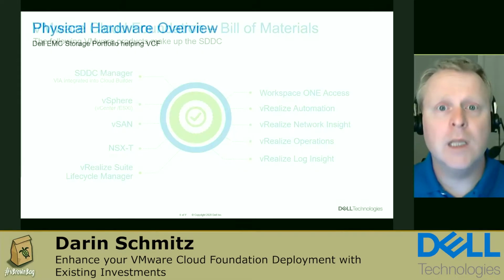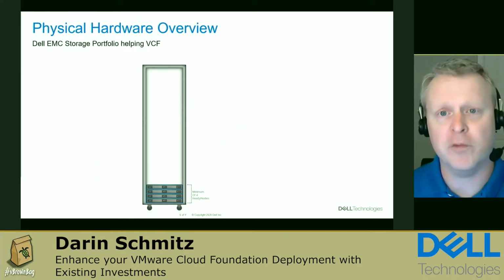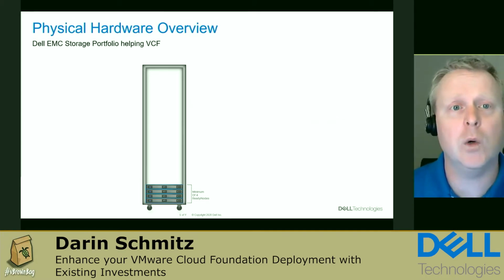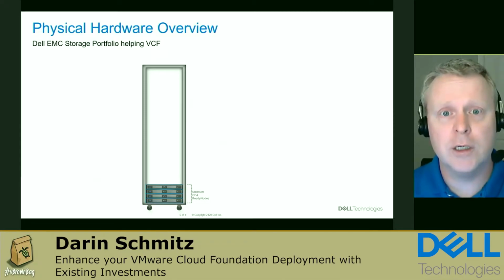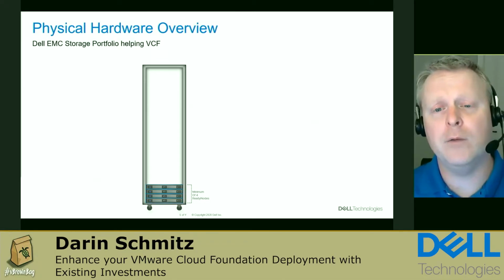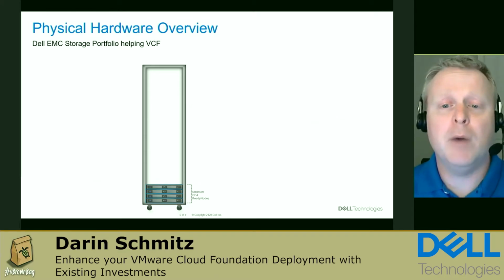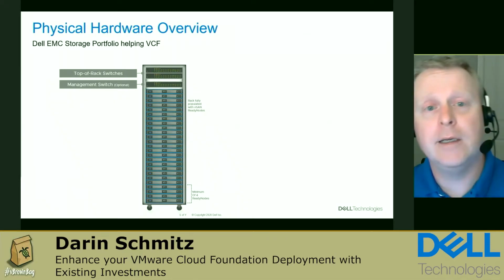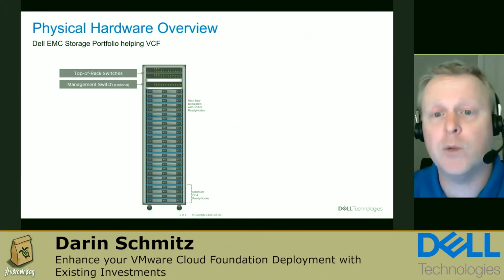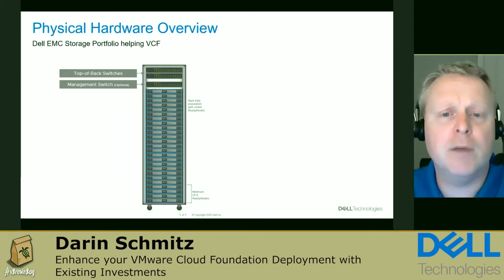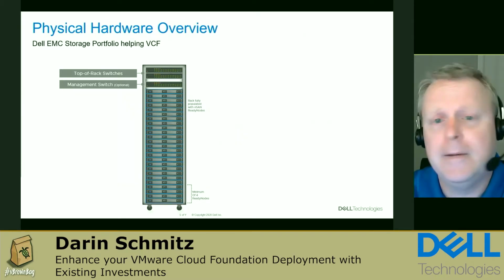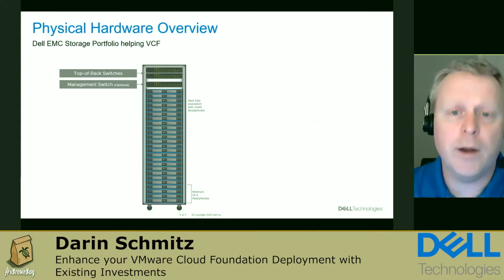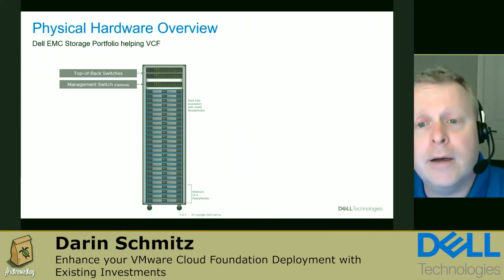So let's start looking at the physical hardware overview, because a lot of people are curious, what does this look like if it's sitting in my data center? When we look at Dell EMC storage and helping the portfolio, with VCF you start with a minimum of 4 nodes. This can be expanded to a full rack, many racks. You add some top of rack switches, maybe even a management switch. The key is that you're adding a bunch of compute and servers that don't all have to be the same. You can have high-powered servers, medium-powered servers, and throw them in a rack and start creating what they call